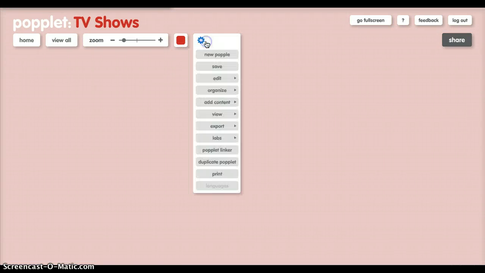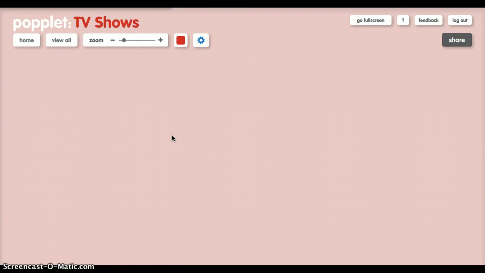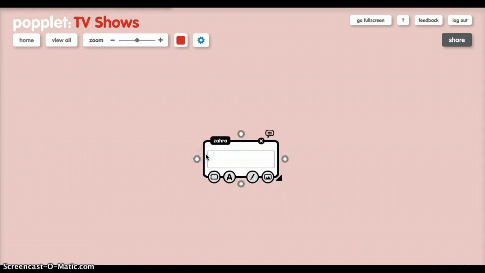And right here, you have other options. Once you get an account, you can go ahead and play around with these and see the different things that you can do with your Popplets. But let's go ahead and start creating one. So if I double click right here, I can create my first box. And then I can go ahead and create